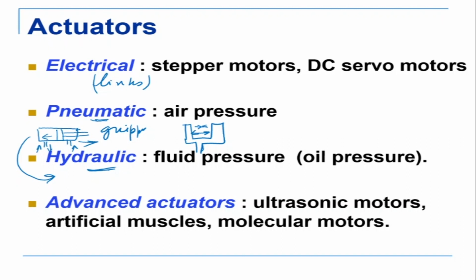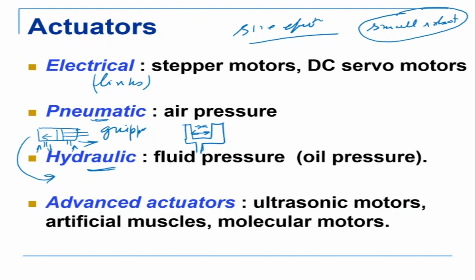Now, there is something called the size effect. The size effect means that you can shrink to a particular size, but not beyond that. If you want to make a very small robot, how small is small? We can make a very small robot, let's say a 10 millimeter robot, or even smaller than that, say a 2 millimeter robot. Now, if you put a very small DC motor, say a 1 millimeter DC motor, it's not going to work, because the magnets which are very small will not have that kind of magnetic flux or strength, because of which it will not be able to produce enough torque to move the links.